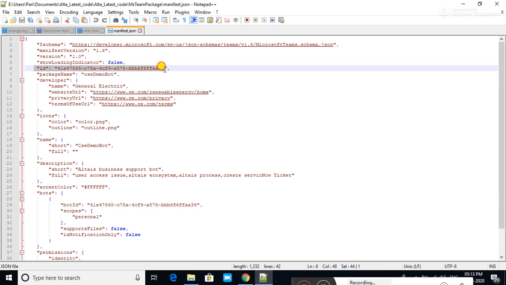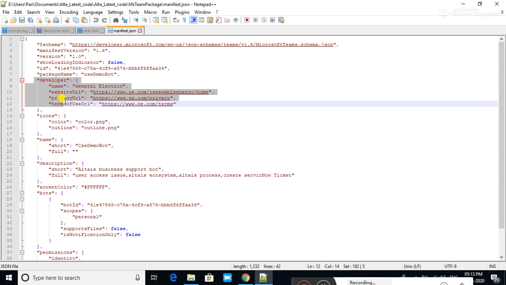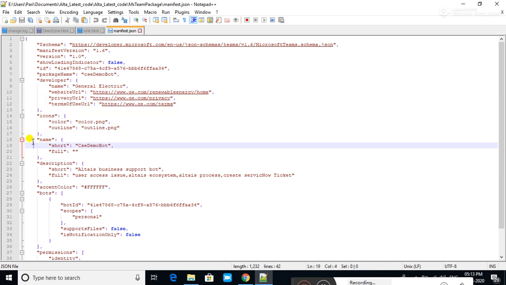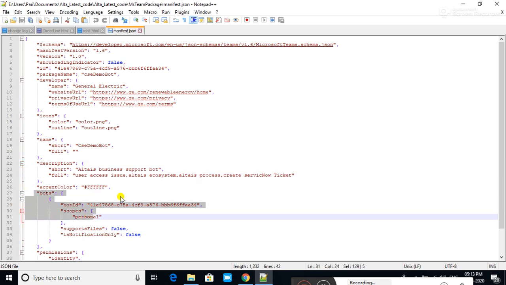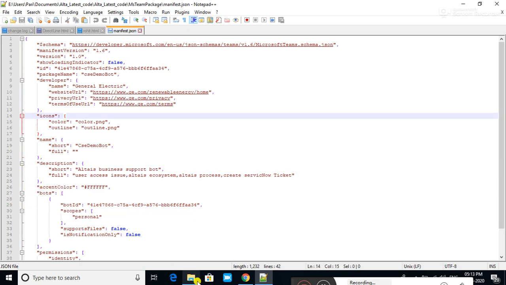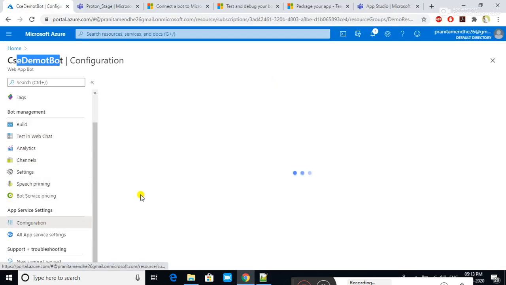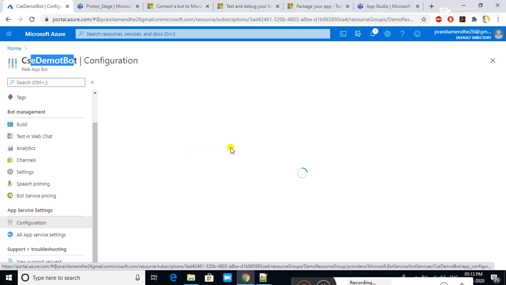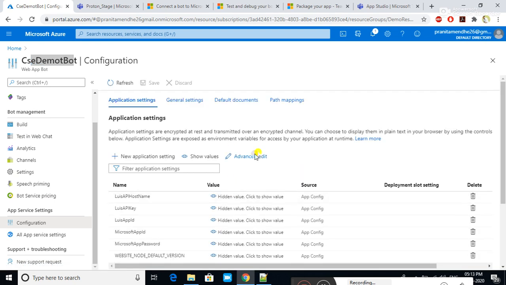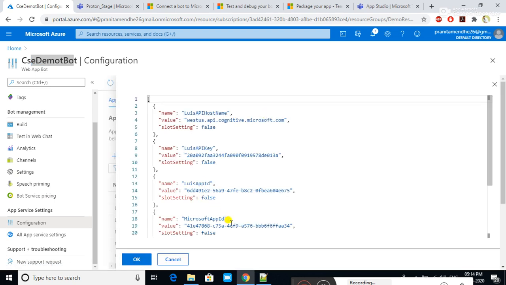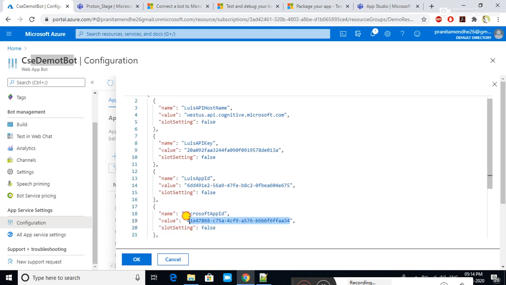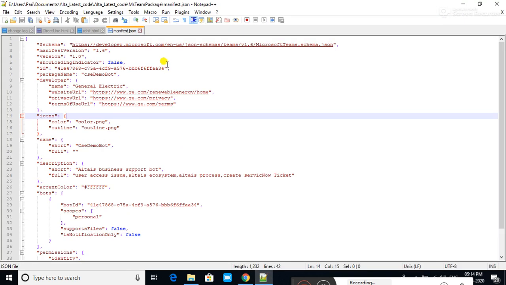You need to put your bot name, developer information, icons, name, then description, then bot ID. You will find the bot ID in your bot. Click on configuration, click on advanced edit, and here is the bot ID. Copy, go to the editor,